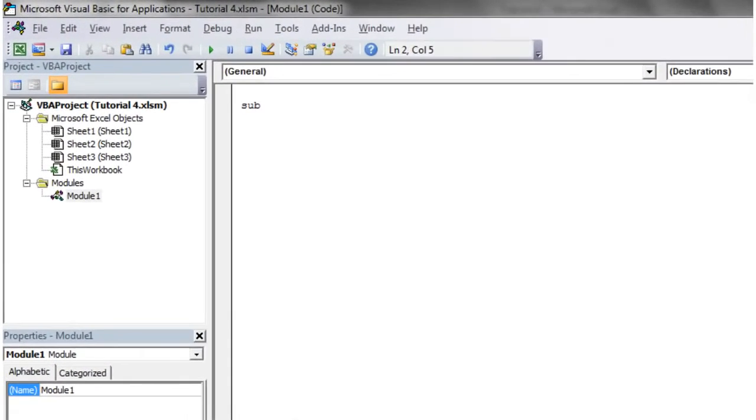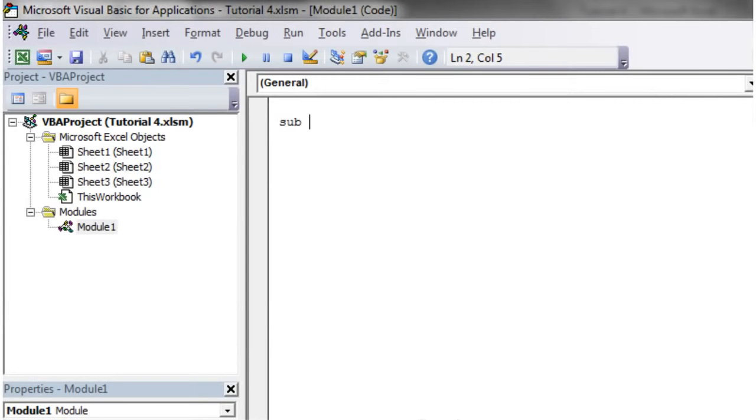reference that. So let's create a new sub called fill selection, and then we want to reference our selection. The way you do this is just put in selection and then dot. And then your selection treats itself as a range. So if we then go selection.value equals, and then filled,